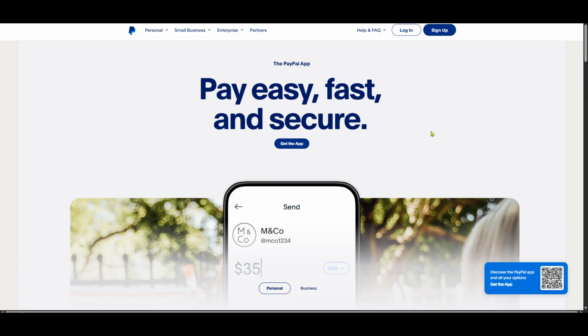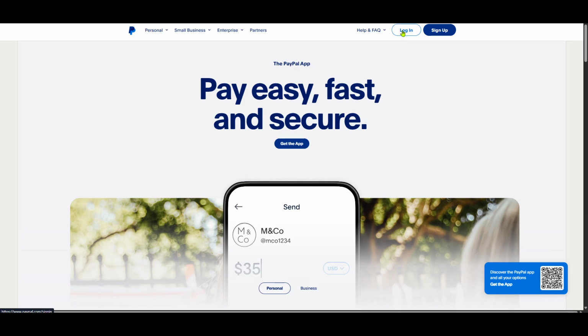You can do this by opening your preferred web browser and typing in PayPal's URL, which is easily found by searching for PayPal. Once you're there, you'll land on the PayPal homepage where you'll find an option to log in. After clicking on the login button, you'll be prompted to enter your PayPal account credentials. Make sure to have your login details ready and remember to ensure they are entered correctly to keep your account